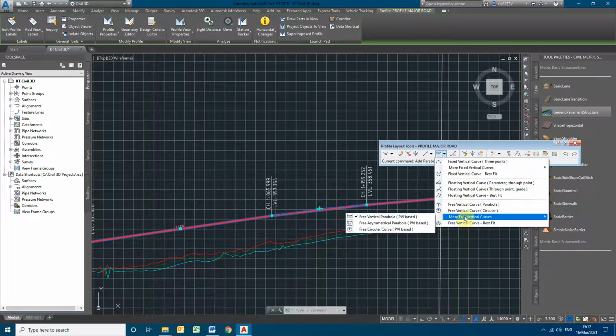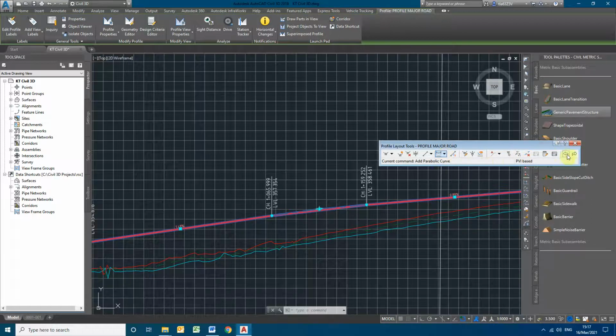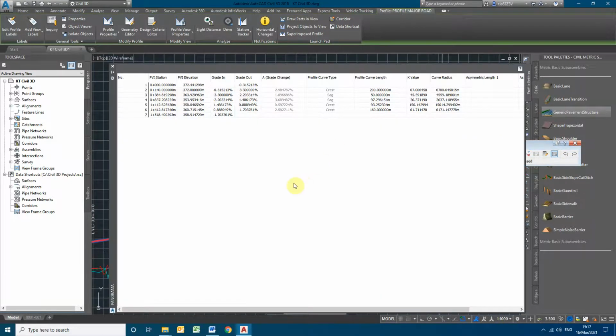When coming to the free vertical curves, there are asymmetrical curves, like you can give a symmetrical curve in the first one, as well as an asymmetrical curve where the left side is different on the curve, based on the asymmetry. So on one side of the IP point you will be getting less length, and on the other side you will be getting more length within the profile curve itself. There are different types of tool options available here, so accordingly we can use them, and manually you can make the corrections using these grade in, grade out tables.